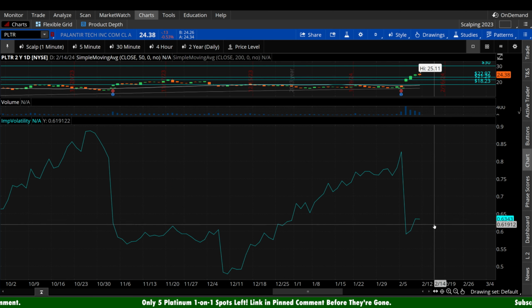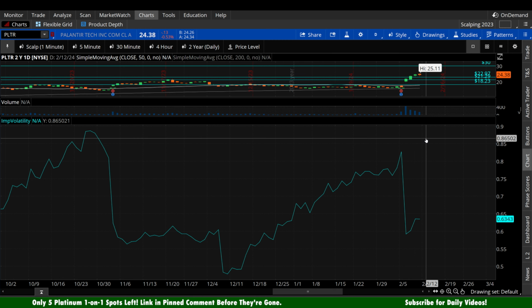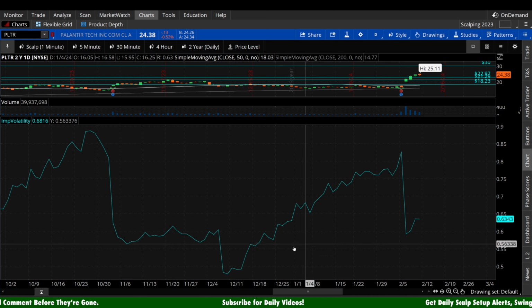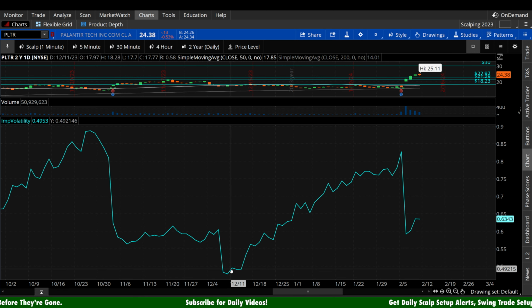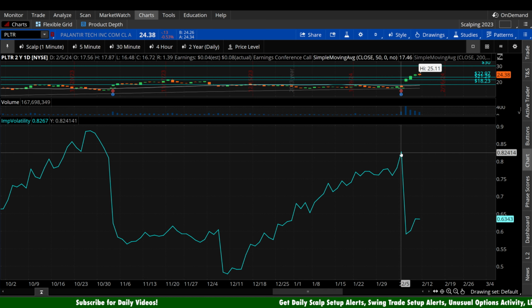Implied volatility here, again, it's in the probably low to mid range compared to the recent past. Understand, the higher implied volatility goes, the more Vega value gets priced into those contracts. So if you're buying when it's high, you're paying a bit of a premium that you could see fade off if IV comes back down. If you own while it's on the rise, like let's say you bought contracts back here and you run them up to here, okay, you experience some IV pump. Now you still have to be right directionally from a delta perspective, but Vega is a Greek that has a